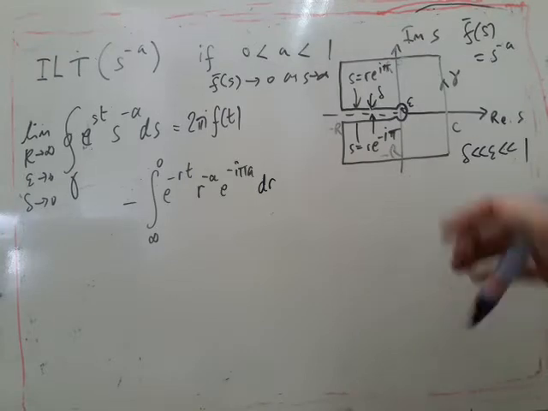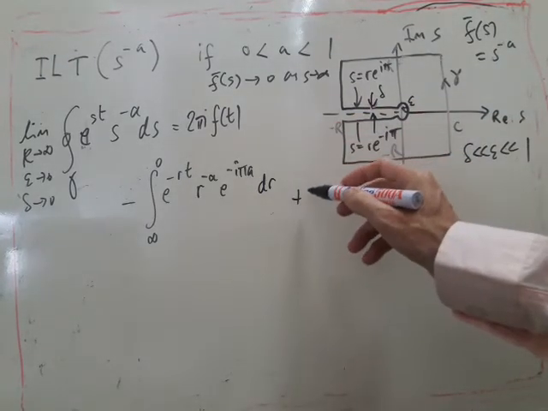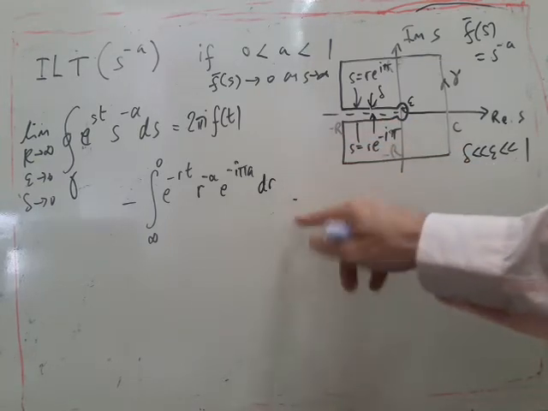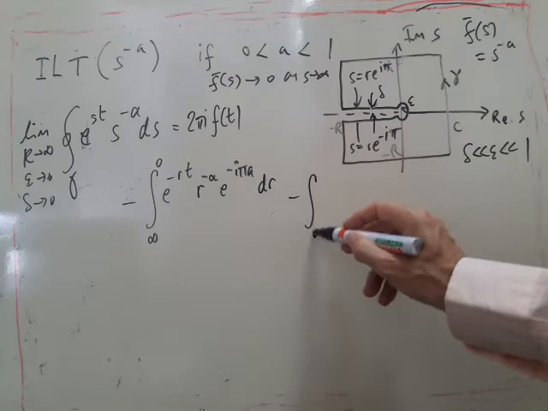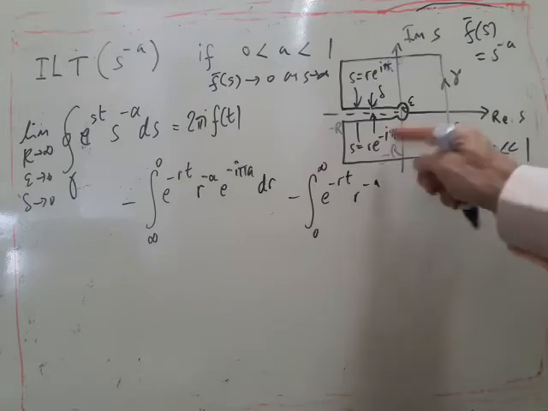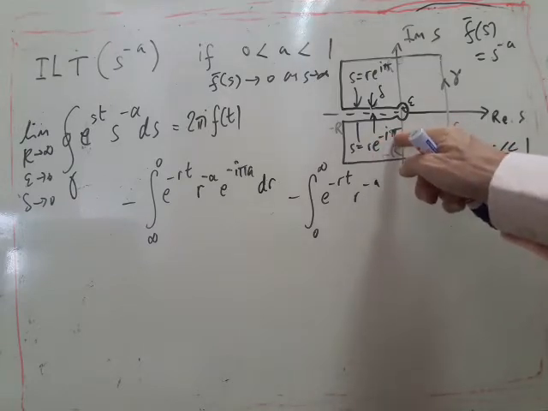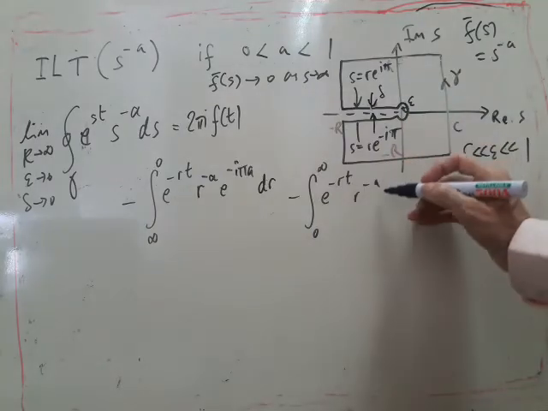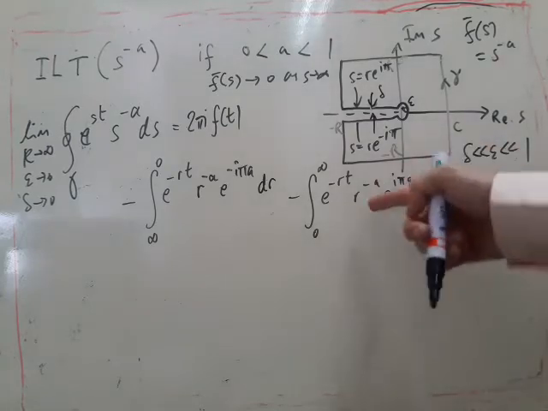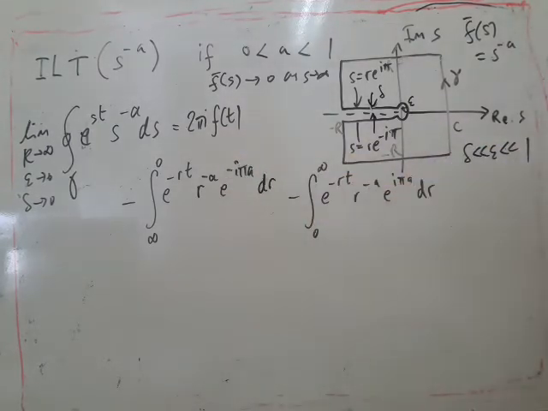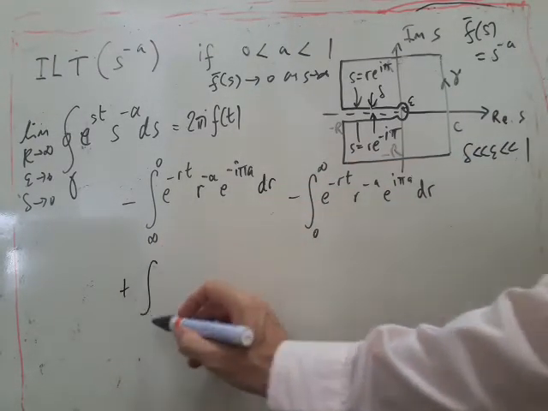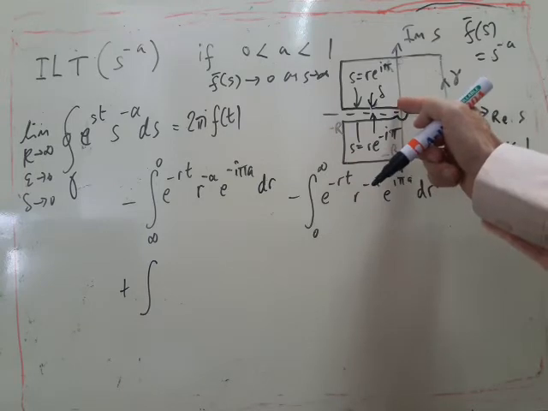Then I've got the integral back, so again I'm going to have a minus from the ds. Then the difference here is I've got e to the minus i pi. When I raise that to the minus a, I get a plus, so it's e to the i pi a dr. So the two integrals don't cancel out because of this differing. And then I've got the integral from pi to minus pi,